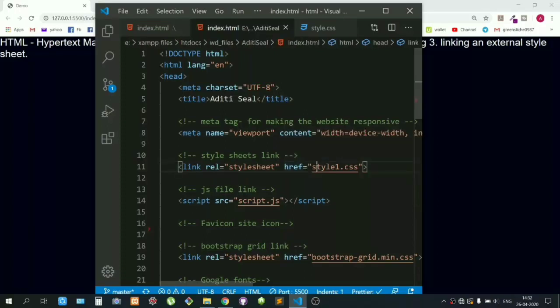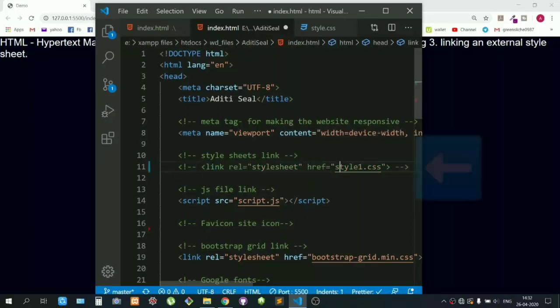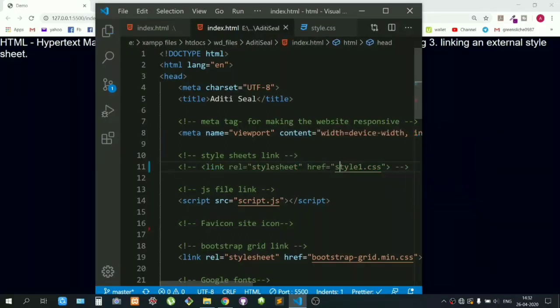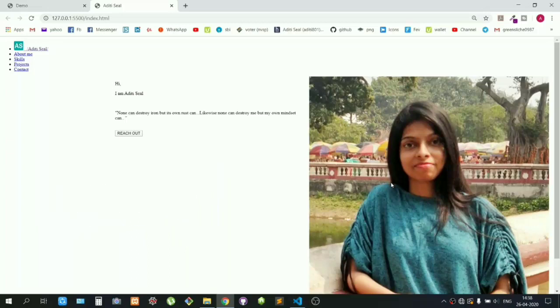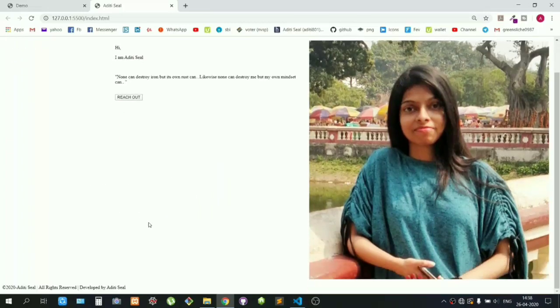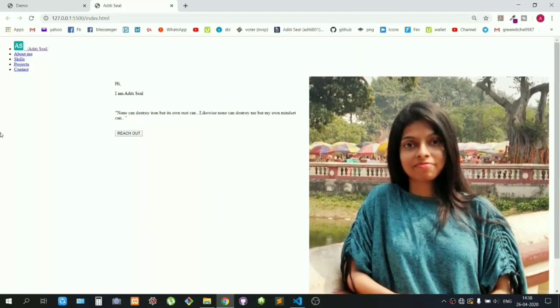This one. If I comment out this line and hit save, see how the page looks. This is my portfolio website with no styles and nothing. Here I have used only HTML. You can see this text, this button, this picture, everything looks so messed up and so ugly.